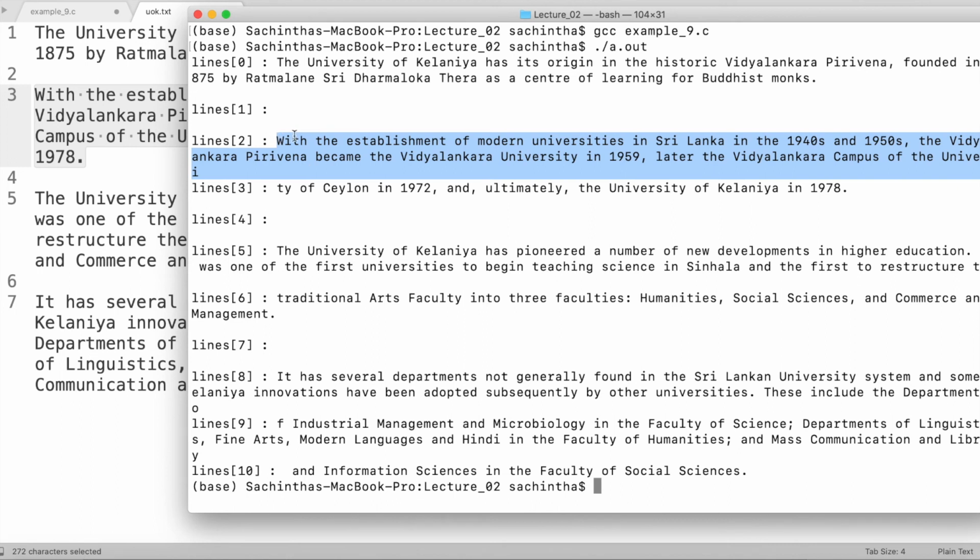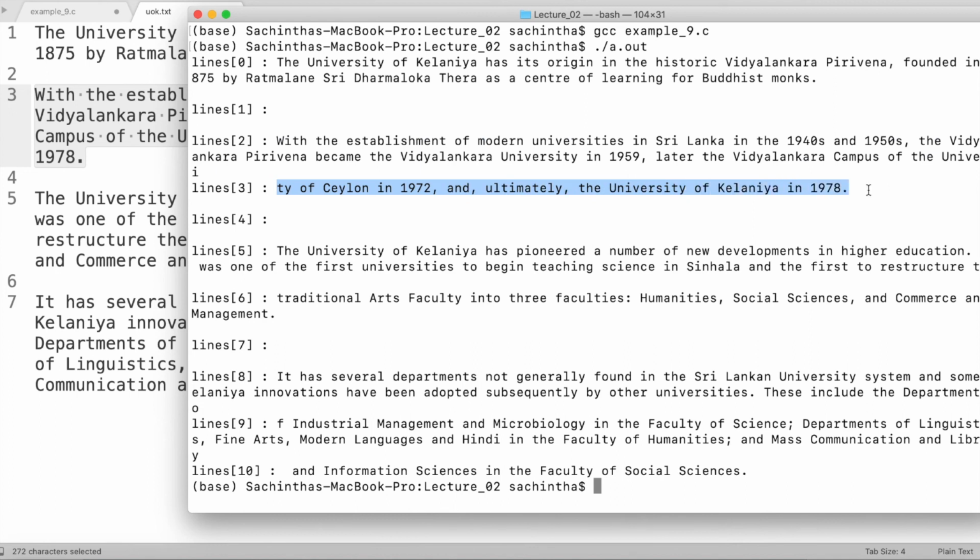Now lines 2 contains 199 characters without reaching the new line character. The rest of that sentence is included in our next line. In the next line, it did not reach 199 characters, but before it reached 199 characters, it reached the new line character. So that is why it has delimited this text.